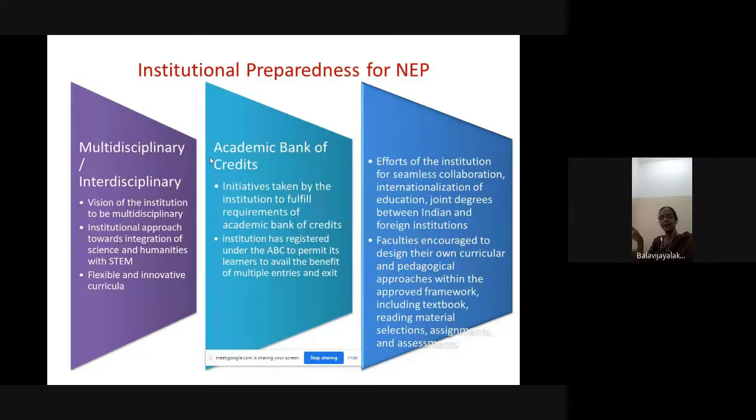prepared for the NEP. So apart from this criterion, before itself, they want to know the preparedness of any higher educational institution for the new educational policy, what the policy of any higher educational institution is for the Academic Bank of Credits, what initiatives they have taken for the Academic Bank of Credits, what about multiple entry, multiple exit, whether they have registered under ABC, the Academic Bank of Credits, and what efforts the institution has undertaken for collaboration and for the internationalization of education and the